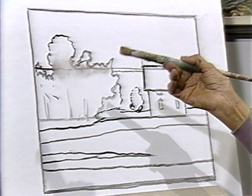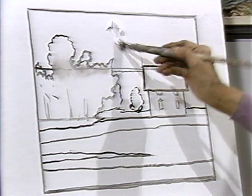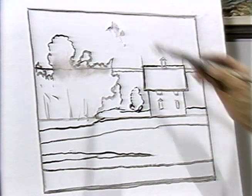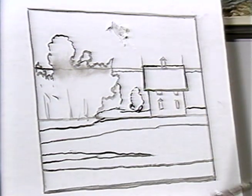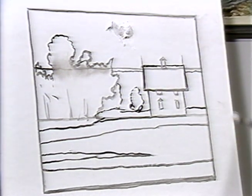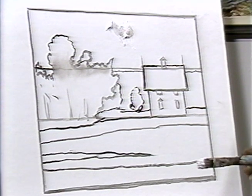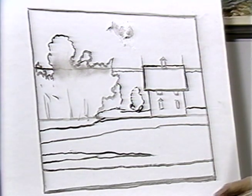I'm going to use this rather stiff brush. I'm going to use some quick drying. Grumbacher puts out a wonderful product called quick drying white. It's known as MG, and it's very thick. As you can see, it's almost like spackle. It's so heavy. Spackle is even less dense than this, and I'm going to mix it right on the canvas